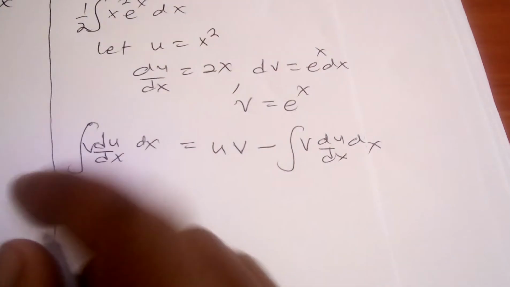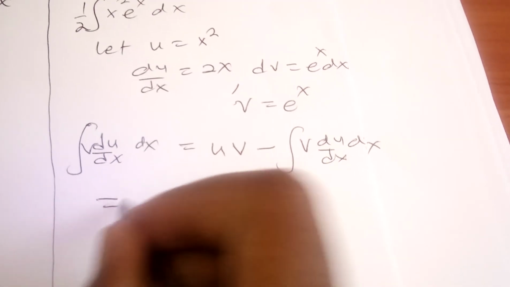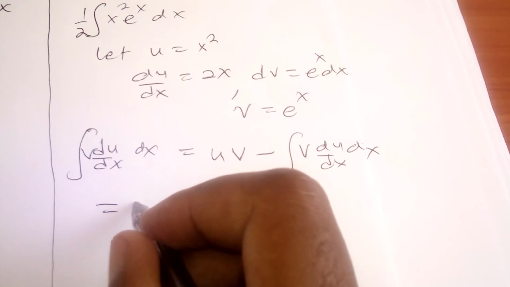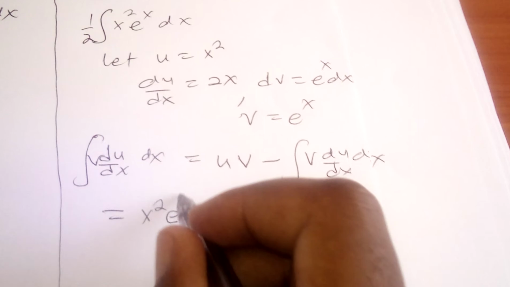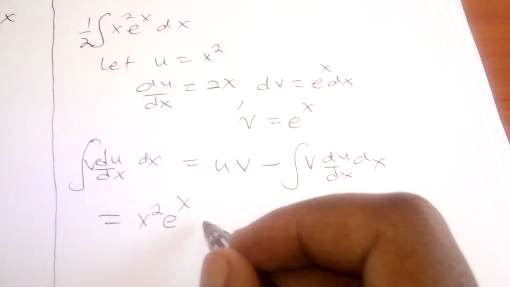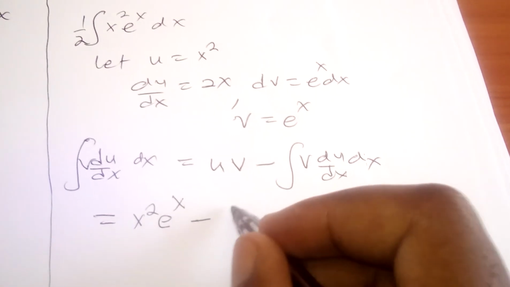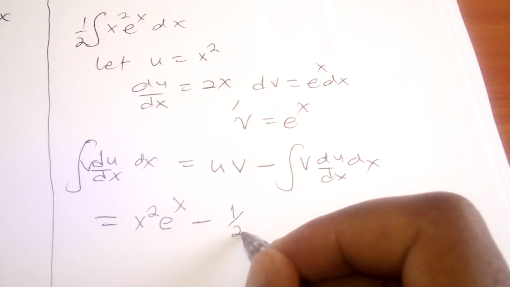That is the integration by parts, right? So this is what we are going to have now. u is x squared, our v is equal to e to power x. I have not forgotten about the constant there, so don't worry about it, minus 1 over 2